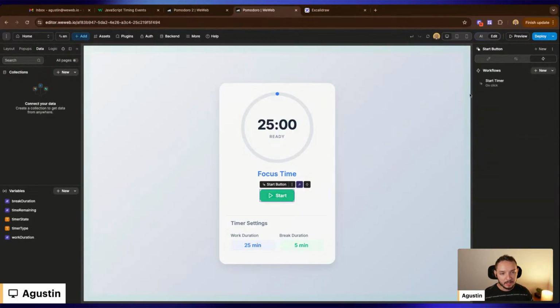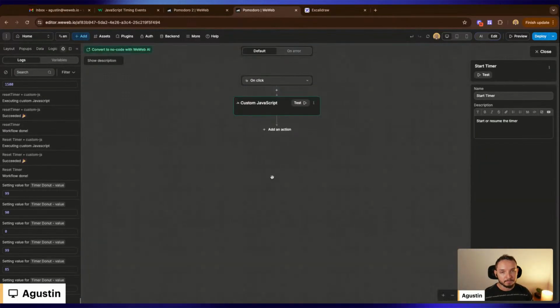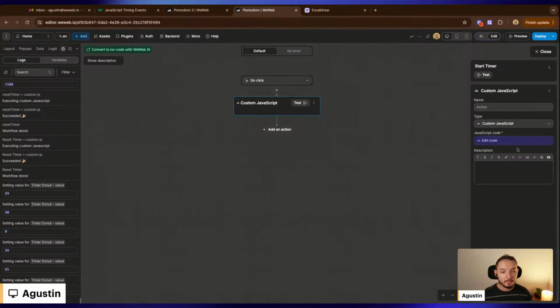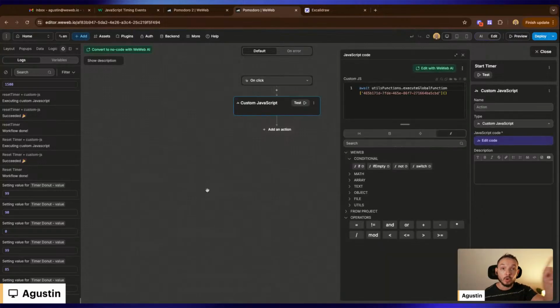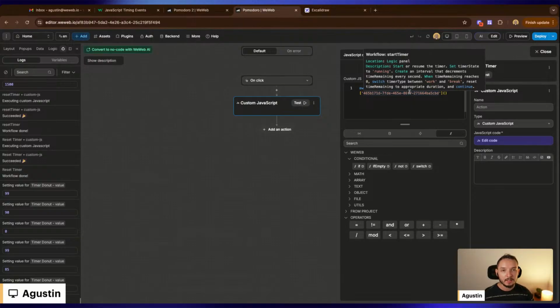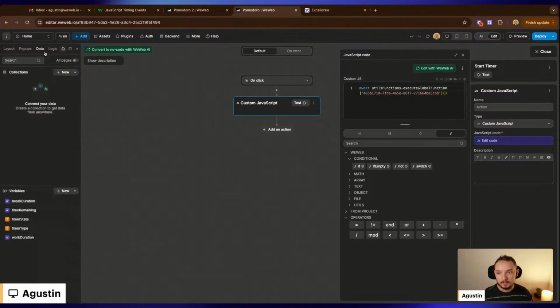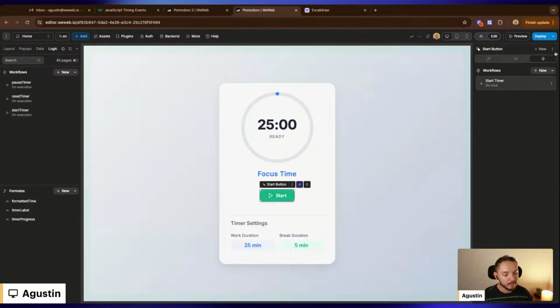So this button right now has an action that's basically calling a global workflow. Here it says await utils function execute global function. So we created a button that calls a global function, named start timer. We can see that global function here in logic, start timer. So let's close it. As soon as I click on this button, I'm going to be invoking this workflow,